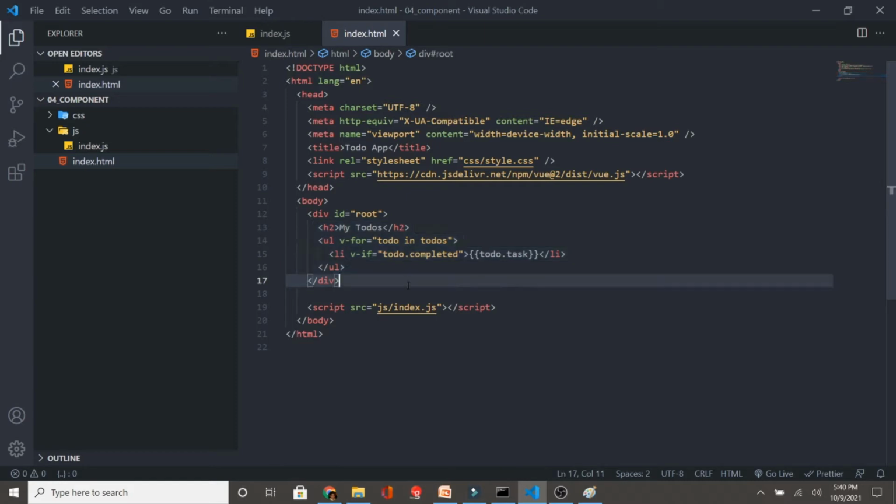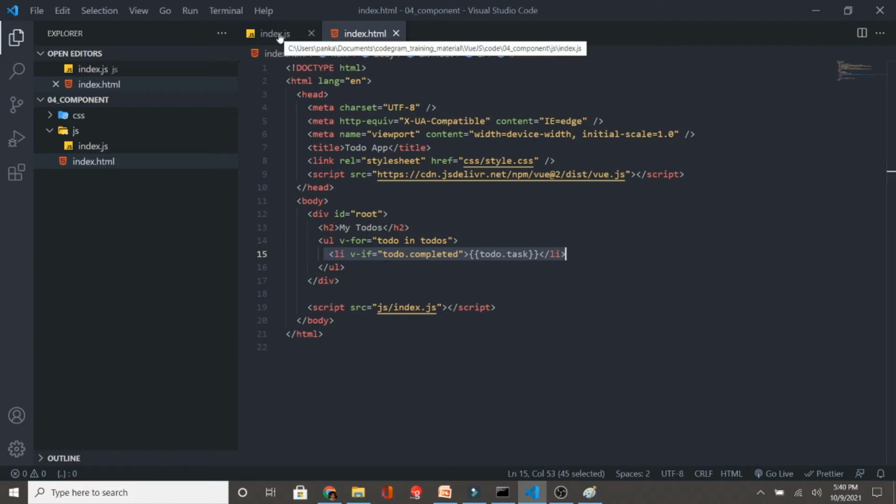Okay, so as you can see, your li is responsible for displaying the item. This ul is basically iterating all the to-dos for you, and it is passing one to-do at a time to this li. So what I will be doing now is creating this li as a separate component, and I will start coding this. Okay, so let us see how you will be creating the component in Vue.js and how you can inject all these things.